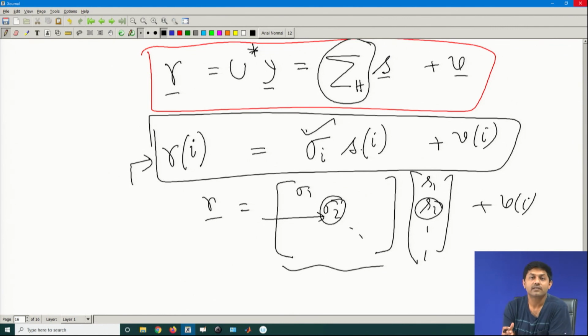Now, why am I talking about all this? Because when I talk about WebDM, this is the ramp up, or more of a motivation part of why WebDMs come into the picture. This simplicity in my decoder is something that we need to care about. That means, if I can create that particular precoder followed by U star, which I can think of as an equalizer, the final equation is just like a diagonal matrix, and I can pick up individual elements of my data, and I can estimate or detect my S i very easily. No matrix inversion in this whole process. I haven't involved any matrix inversion. That's one of the easiest things.